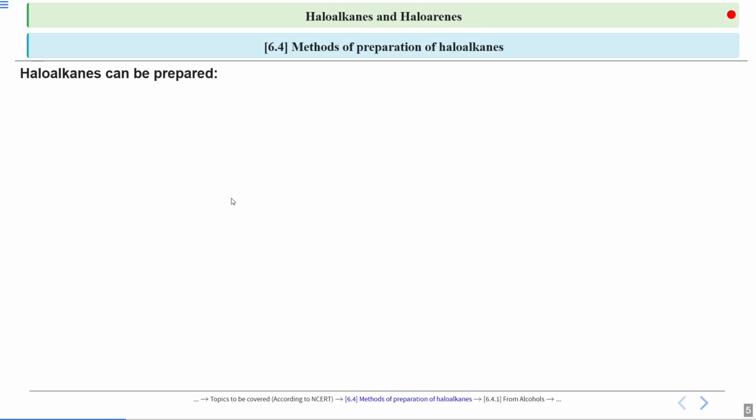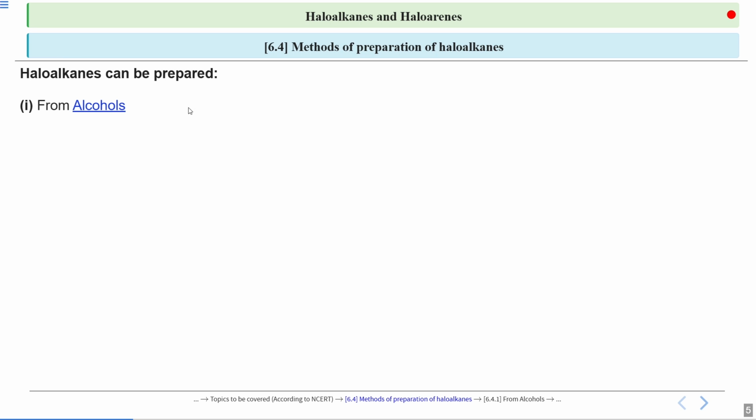So let's begin the topic 6.4, methods of preparation of haloalkanes. So haloalkanes, as you all know, means halogen is connected to an alkane group or alkyl group. You can also call them alkyl halides. So haloalkanes can be prepared